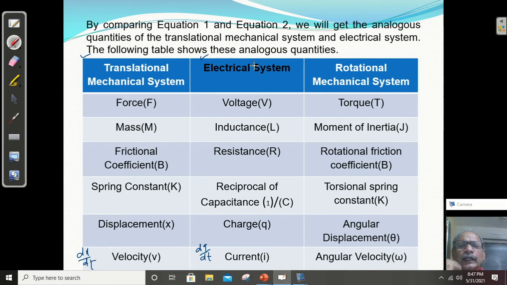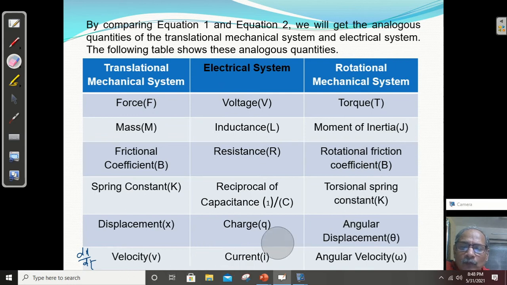So in this way you can develop the mechanical analogy. So you can say force voltage analogy, torque voltage analogy. Between these two, this one is the torque voltage analogy, and this one is the force voltage analogy. If we have given a mechanical system in the form of a rotational mechanical system, you can convert it into the torque voltage analogy. If we have given a translational mechanical system, you can convert it into an electrical system. That is a force voltage analogy. Clear? So all these things we have discussed.